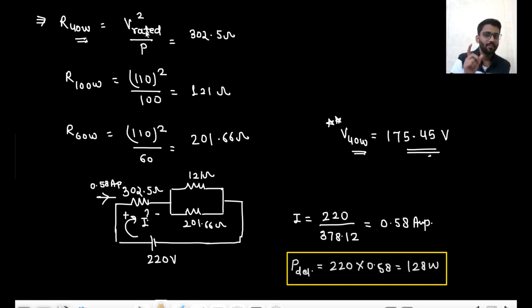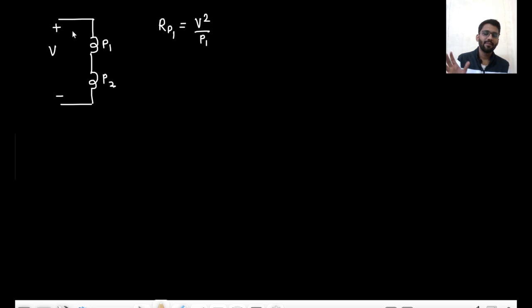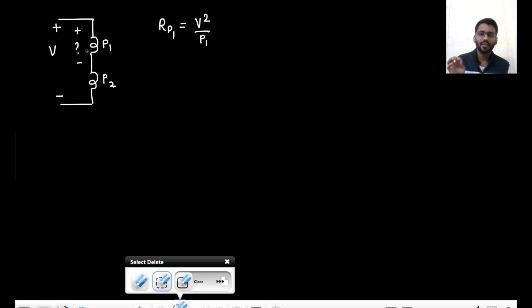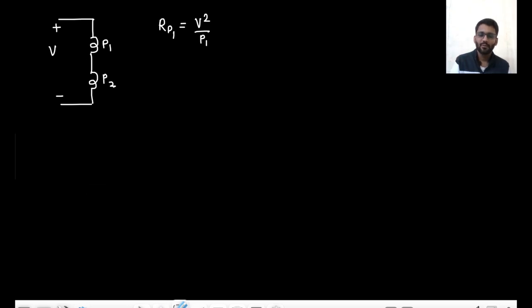It depends on V rated and P rating. That's it. So here my resistance is fixed. That doesn't depend on how much voltage I am having here. Okay, so this is fixed, and that would be V square by P1. What about the resistance for P2? That would be V square by P2, because both